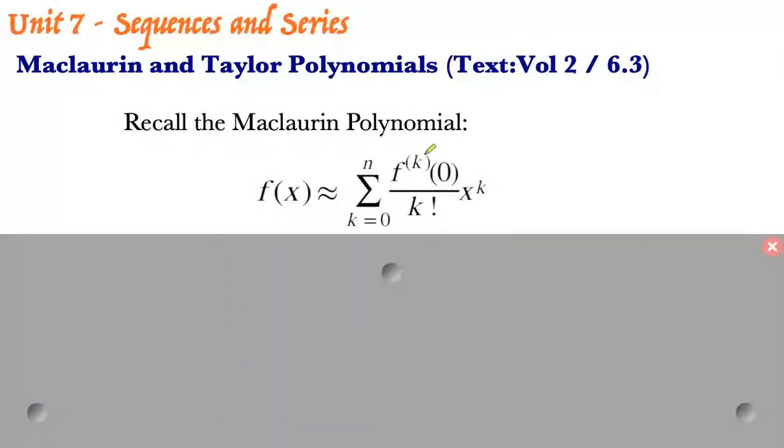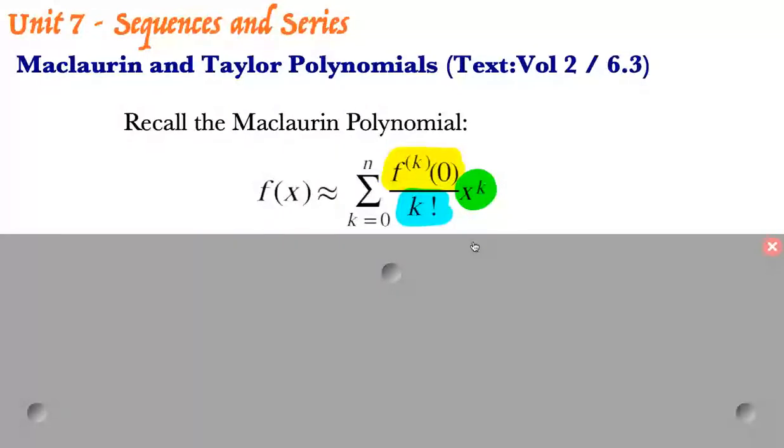piecing together three pieces. The first piece was the derivative of the function evaluated at x equals 0. The second piece was a division by the factorial associated with the same number as the derivative. If you're on the second derivative, 2 factorial. Fifth derivative, 5 factorial. And finally, to turn this thing into a polynomial, we multiply by x raised, again, to the same power. So if we're at k equals 2, it's a second derivative, evaluated at 0, 2 factorial, and x to the second. And we worked our way up, getting as many terms as the problem required us to